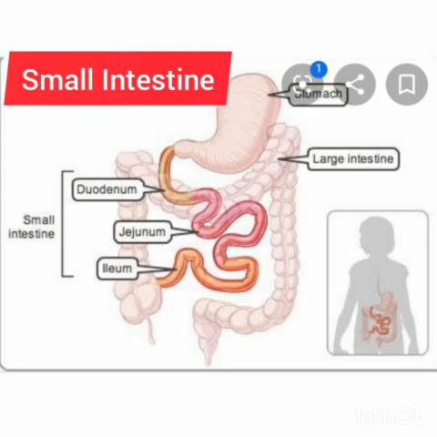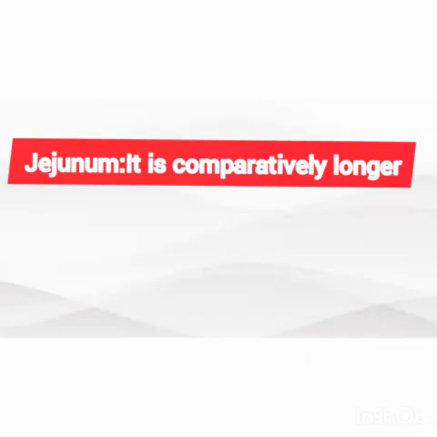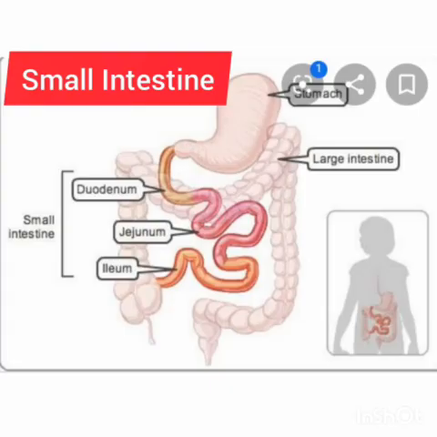Also guys, note here that the ducts conveying bile and pancreatic juice open in the duodenum, which we will talk about in detail in the next video when we teach the associated digestive glands. The second part of the small intestine is jejunum. Jejunum, it is comparatively large. It is longer, which is about 2.5 meters, and is more coiled.